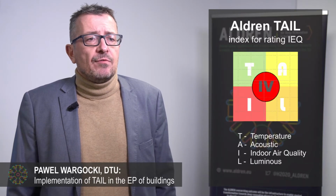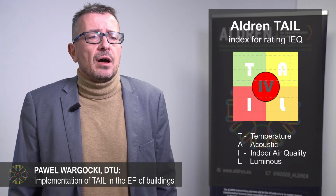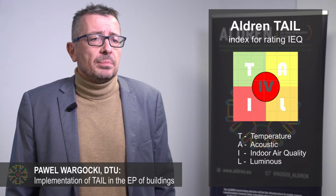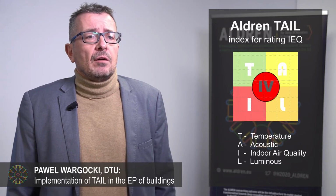TAIL is used to rate indoor environmental quality before and after renovation, to examine the impact of the renovation process on the quality of the indoor environment and the health and well-being of building occupants. A simplified form of TAIL is used in the process of planning and selecting the most efficient energy renovation called